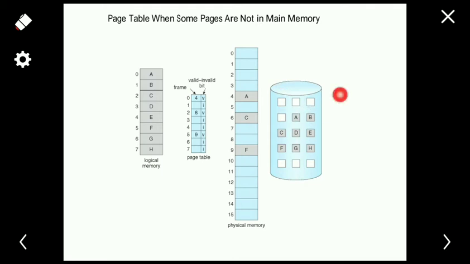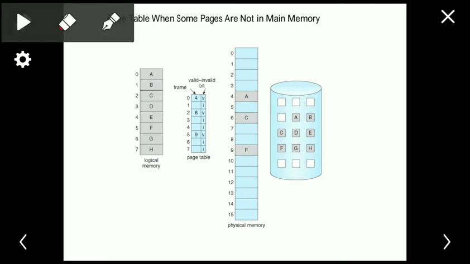After the trap is sent to the OS, the OS will search the internal table and find that the given address is valid and the page is not in the main memory. So the OS finds an empty frame in the physical memory and swaps the page to the main memory from the secondary disk. It will swap page B to the main memory and update the page table with the valid bit.